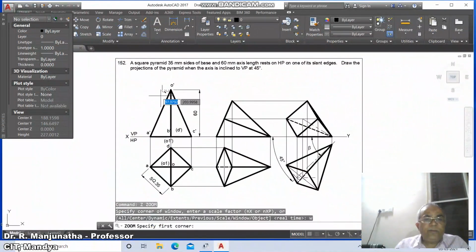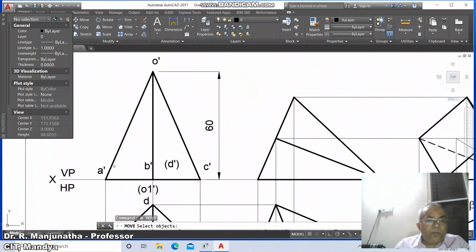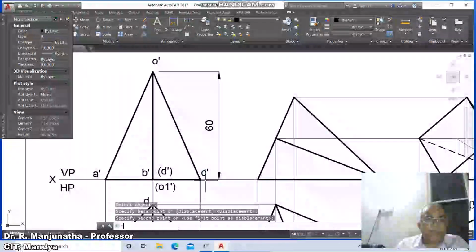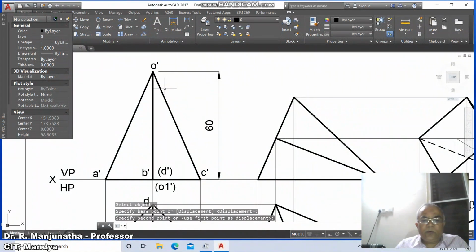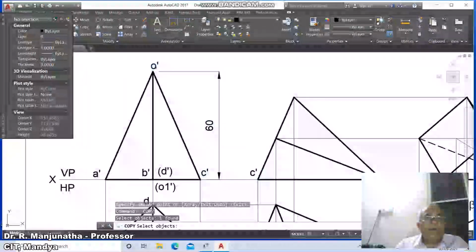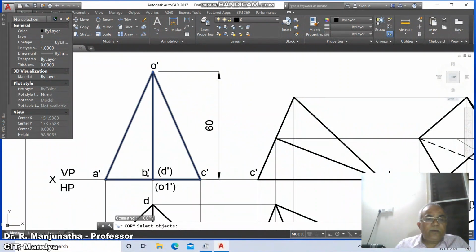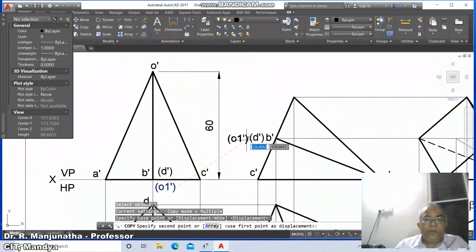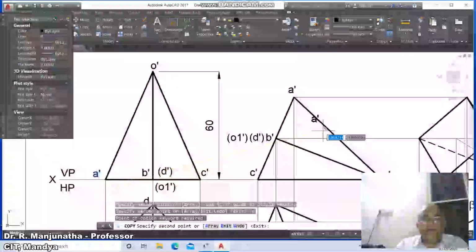Then go to zoom window, select this, then go to move, take A dash, you take B dash, you take D dash, you take O1 dash, you take C dash, you take O dash, then go to copy, select C dash, and you copy it here, copy O dash here, you copy B dash, you copy D dash, you copy O1 dash,